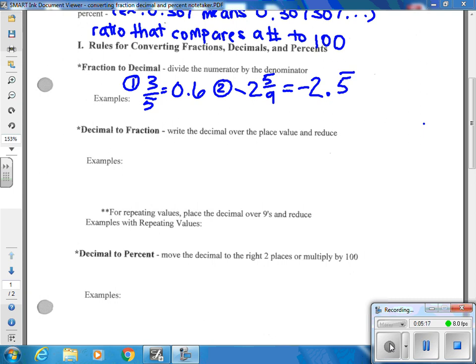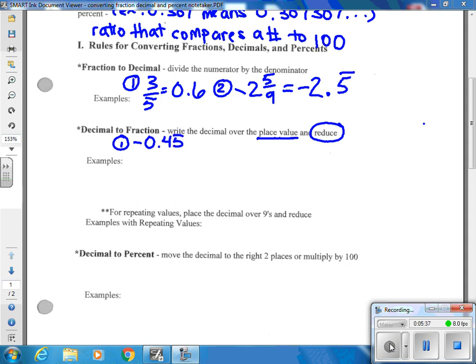Right? And this is where you write the decimal over the place value of the number, tenths, hundredths, thousandths, etc., and reduce it. You have to know how to reduce your fractions, because a reduced fraction is the only acceptable answer to these. If it's not reduced, you do not get credit for it. Right? So the first one that we want to look at is if I have